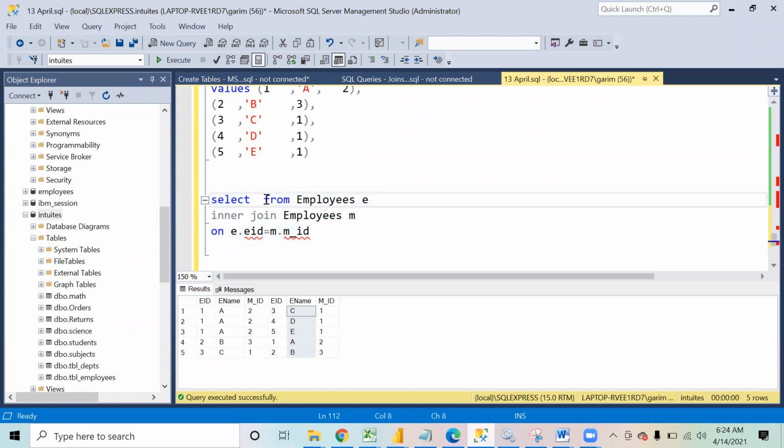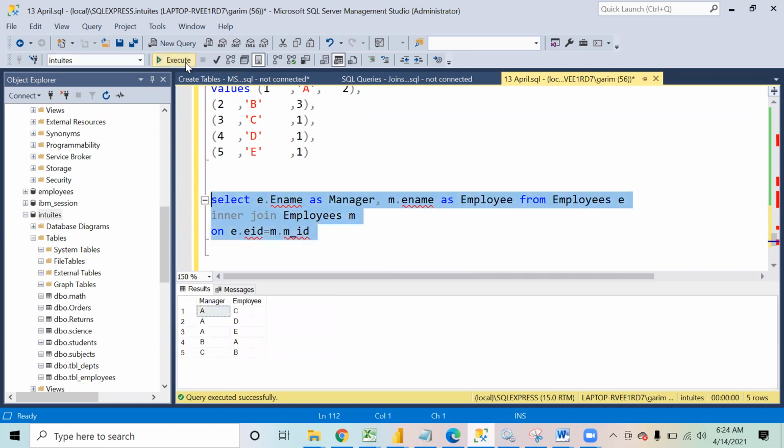I just need to keep two columns: E dot E name as manager, comma M dot E name as employee.